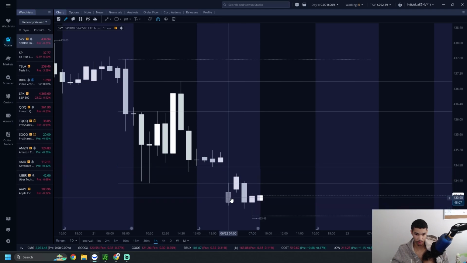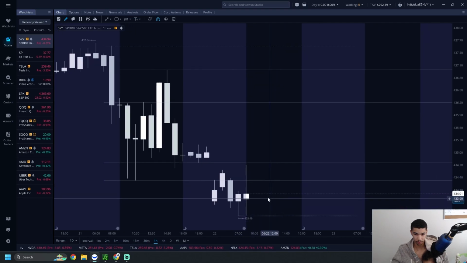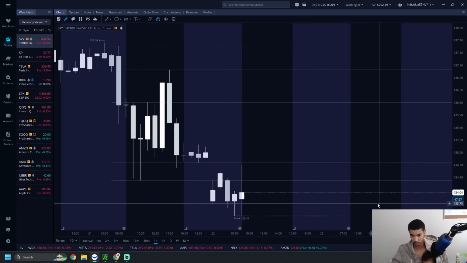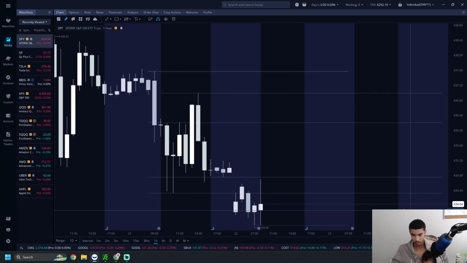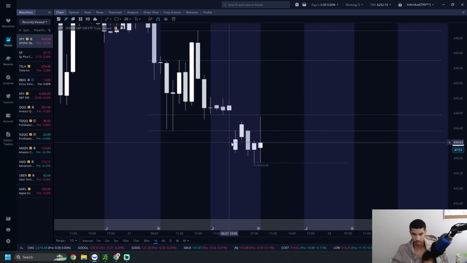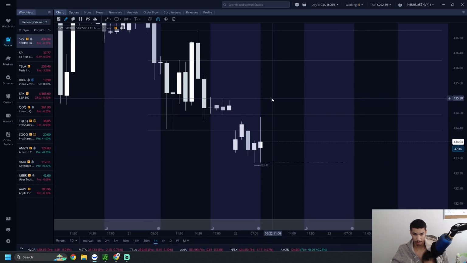We gapped down, pushed up, dropped. This one here wicked off here, wicked off here, wicked off here. So a lot of sellers up here, a fair amount of buyers down here. We're waiting for one of these sides to break and give us a sense of direction as to where price could be going. If we were to break above here, next place we'd probably see sellers at